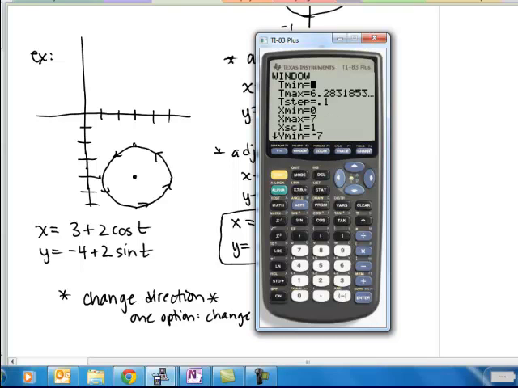Negative 7 to 1. This is still not going to look exactly circular, but we can see it is hitting the right points. Then we can also see that it traced counterclockwise. If I change my y equals so that there's a negative t here instead of a t,